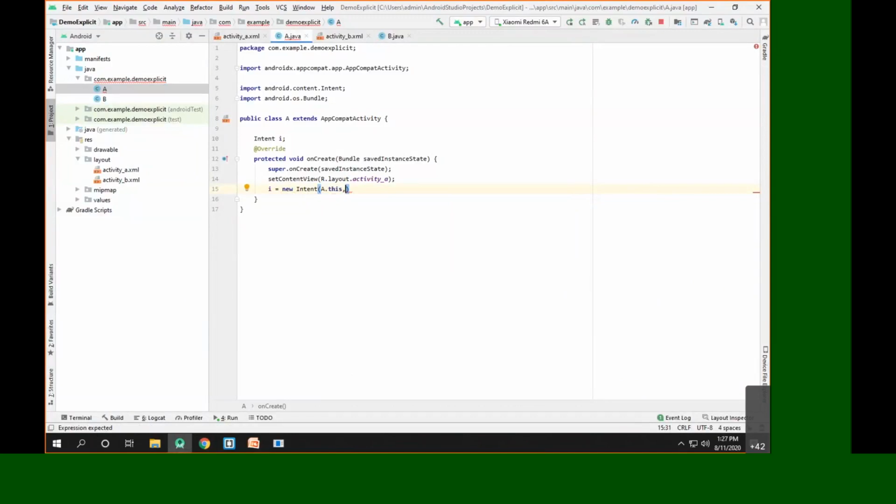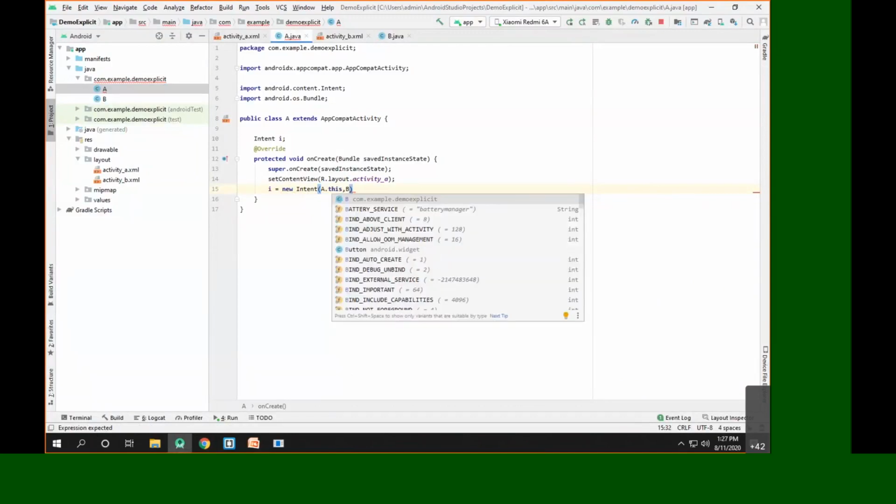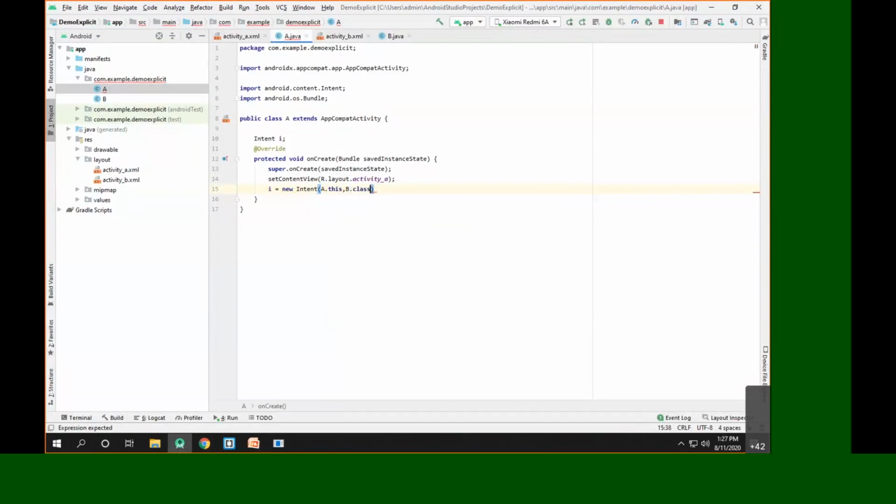The destination activity has the name B, and its class instance means B.class. It means I am going to create an intent which will be passed from activity A to activity B. For this particular intent, the source activity is A and the destination activity is B. It means the message will be passed from A to B. So this is how we have created the intent.